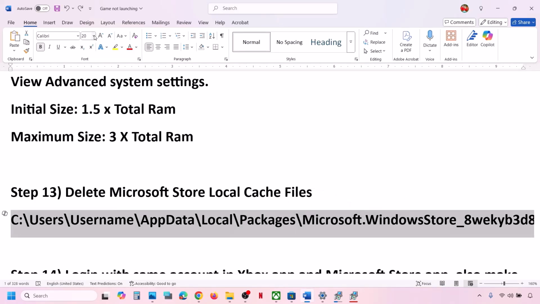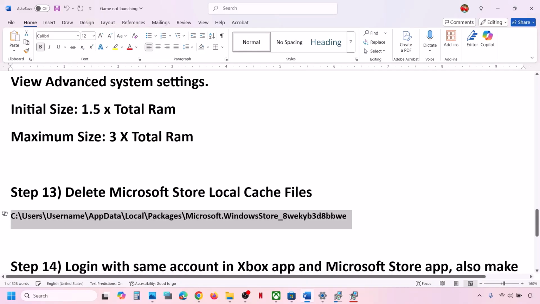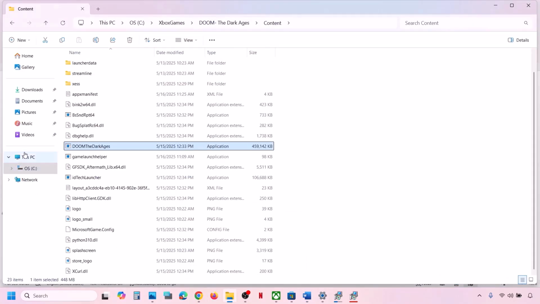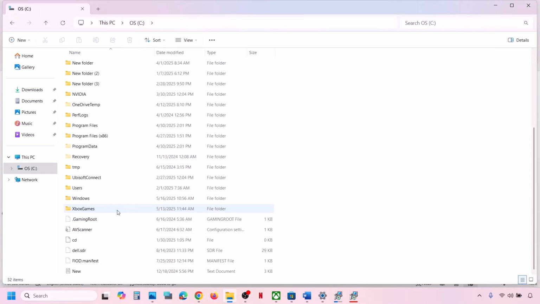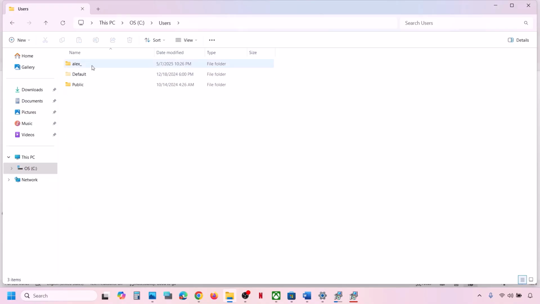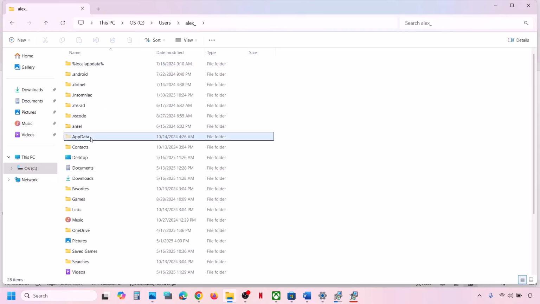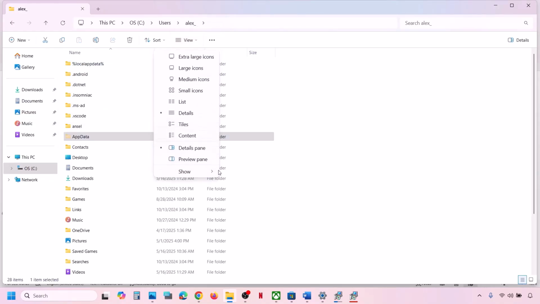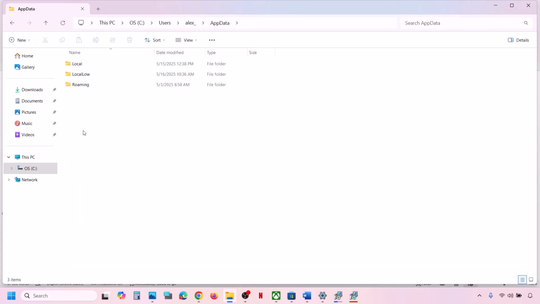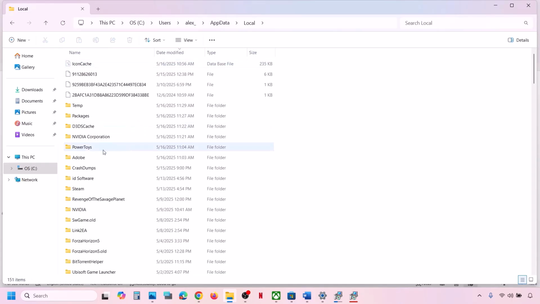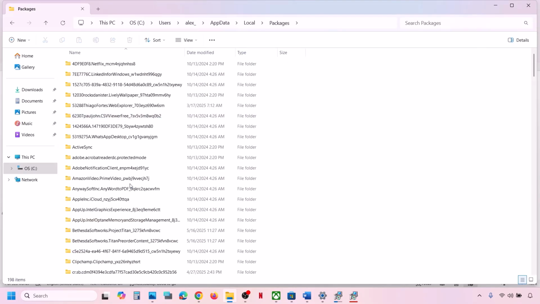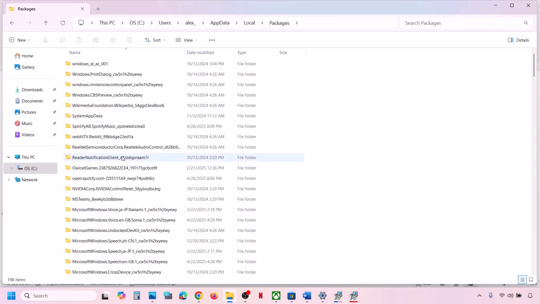Now for this, you can go to this location. Now open File Explorer, go to this PC, open C drive. Now open users folder. Now open your username folder. Now open app data folder. If you don't see app data at the top, click on view, select show, put a check on hidden items. Then you should be able to see app data. Open app data folder, open the local folder. Now find packages folder, open the packages folder, and then you have to scroll down